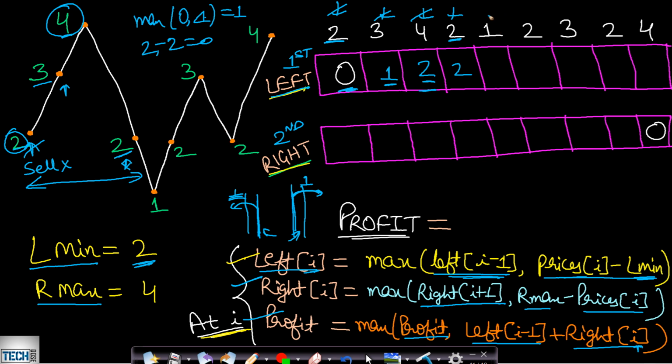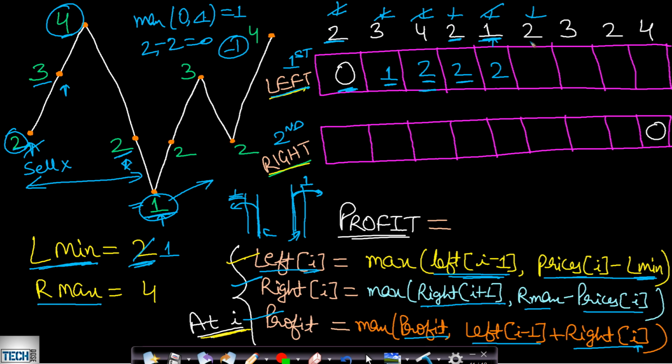Okay. Now when we are at this one, we will again take the previously calculated value, comma, the current profit. So the current profit will be 2 minus 1, which will be minus 1. So maximum of minus 1 comma 2 will be 2. So we will take here 2. Now this one is actually lower than the calculated L min value, which is 2. So this 2 will now be updated with 1. This is indicating that we have found an even lower price, and so moving ahead, buying the stock on this day will give us more benefit. Okay, so we will now buy on this day, which has a lower price. So we have updated this L min value.